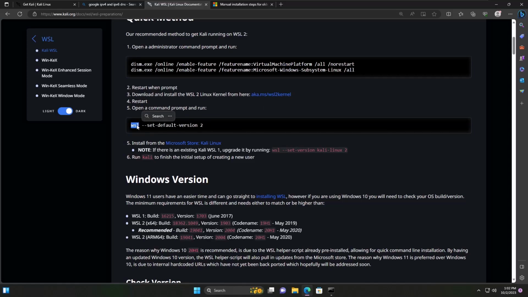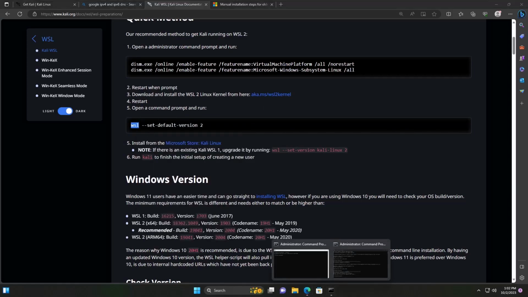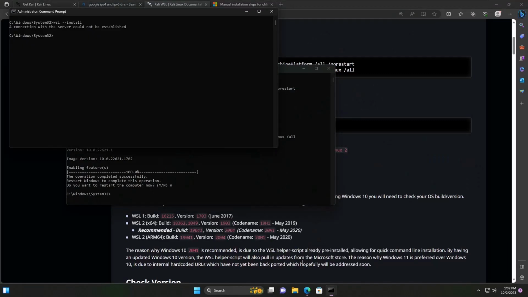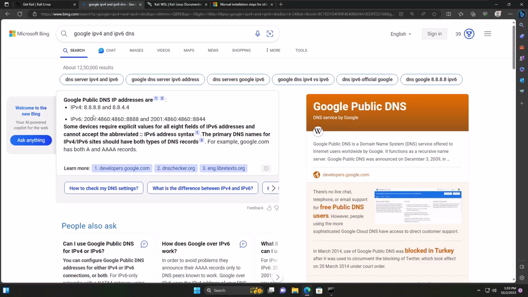So first we need to copy, and if we run wsl --install, the error "a connection with the server could not be established" comes. Then we need to change our DNS server. Many of you will face this issue. So here is the Google public DNS and we will update it. To do that, we just need